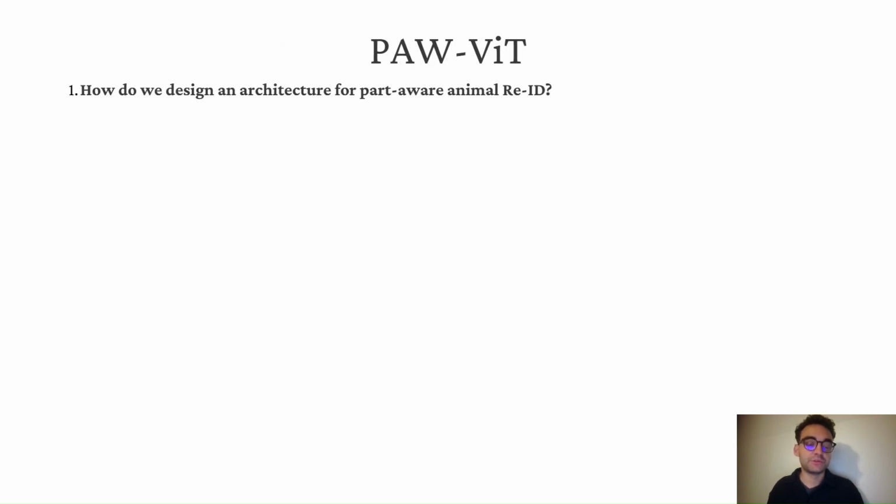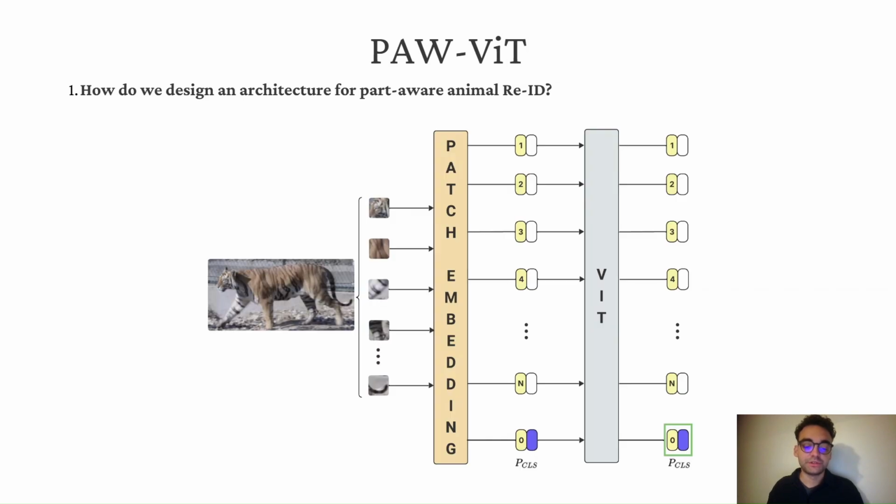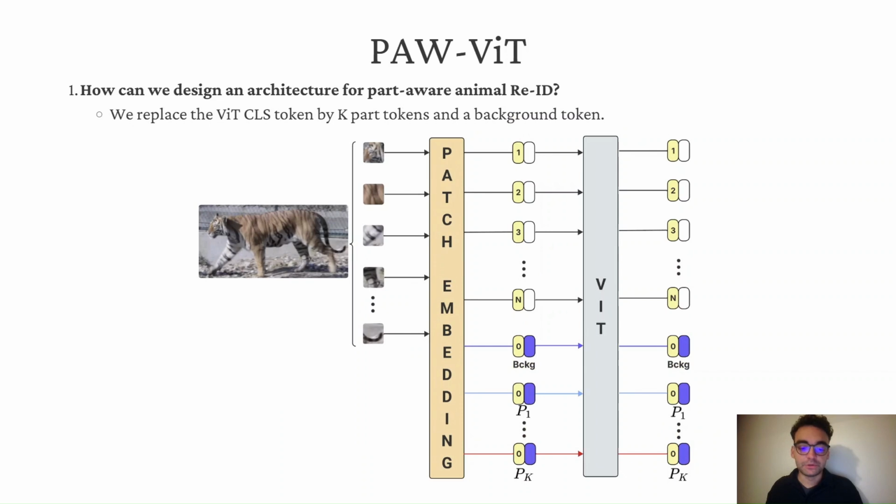First one is, how do we design an architecture for part-aware animal re-ID? We choose to use the vision transformer, but since it's part-aware, we cannot use the global token or the classification token. So we replace it by k-part tokens plus a background token, which leads us to the second question, which